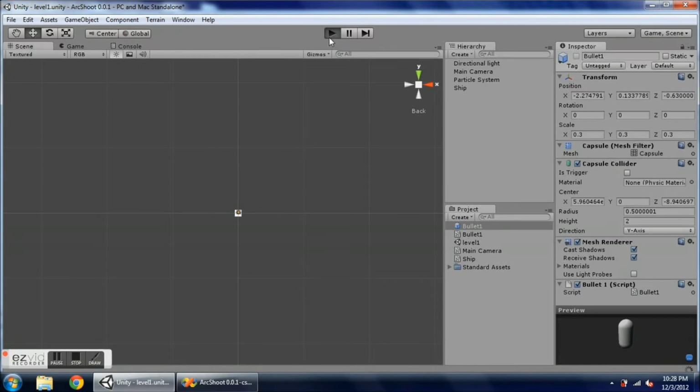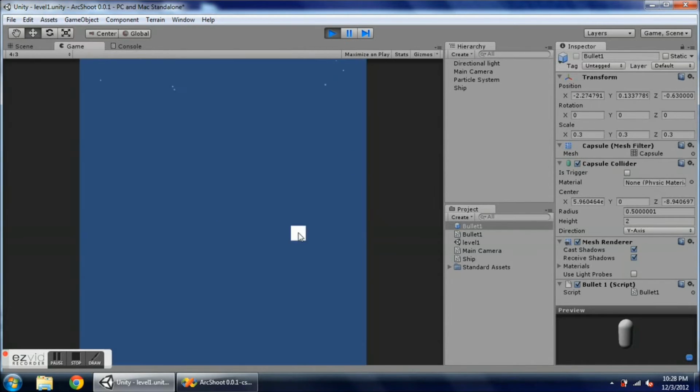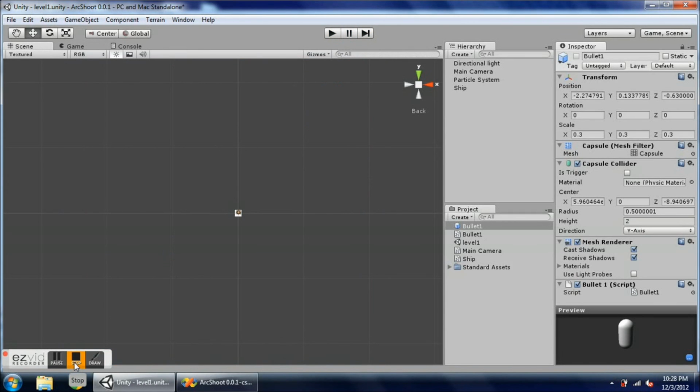So let's save, go back to Unity, play. And let's watch this hierarchy list over here. So when I shoot a bullet, there's a clone and it disappears. So I'm going to hold down my firing button. I'm going to have a few bullets on the screen at a time. And when they go off the screen, they